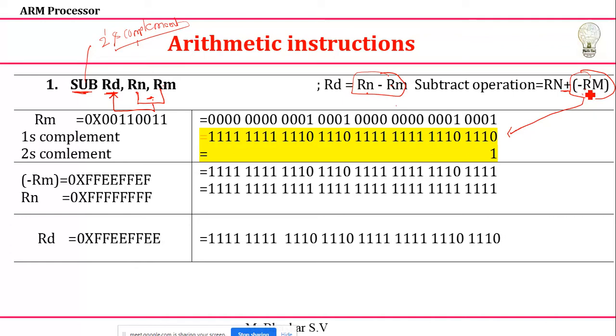For explanation purposes, I'm going to take an Rm value here. First it is 0x 00000001. If you give this number, first we need to understand how it is working inside my processor. This is 4 bytes of information, in total 32 bits. So you need to split this one, and I'm going to split it into 4 bits.